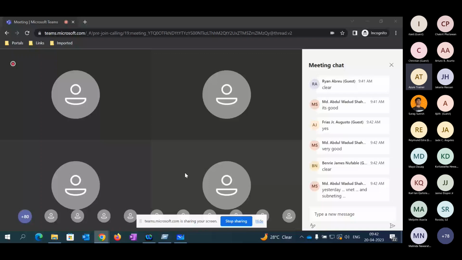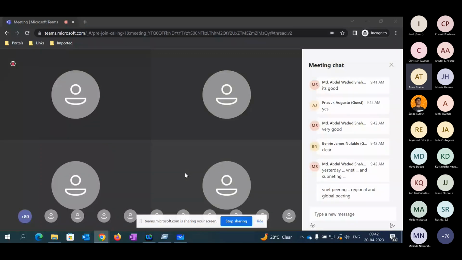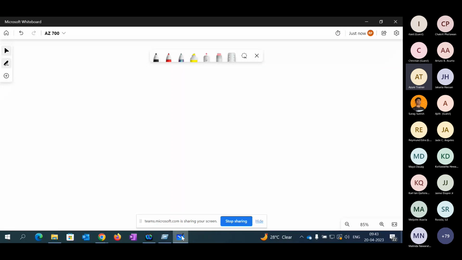Yesterday we saw that if you place resources, such as VMs, within a subnet, they are able to communicate with each other. Then we saw that if you have two subnets configured under a VNet, how the communication is established. Then we discussed VNet to VNet communication also. We came to know that within a subnet, by default, all the resources communicate with each other.